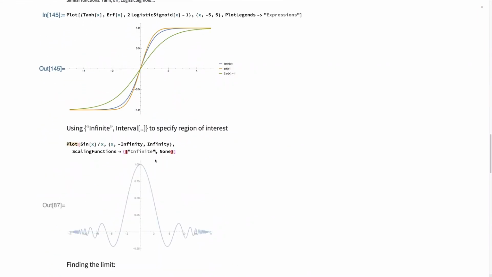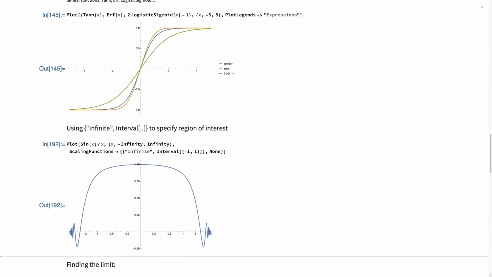There we go. So you will have to specify an interval that you are interested in looking at. You can specify -1 to 1 in this case, and then you can see how this infinite scale stretches the region -1 to 1 much more than others. If you want to stretch from -1,000 to 1,000,